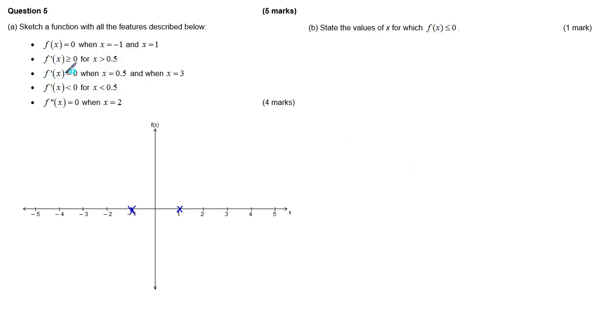Now the gradient is positive everywhere from x is 0.5 onwards, and it's negative from 0.5 backwards. So that suggests to me that we would have a turning point at 0.5. Now since the gradient is positive after 0.5 and negative below 0.5, it's got to be a minimum sort of